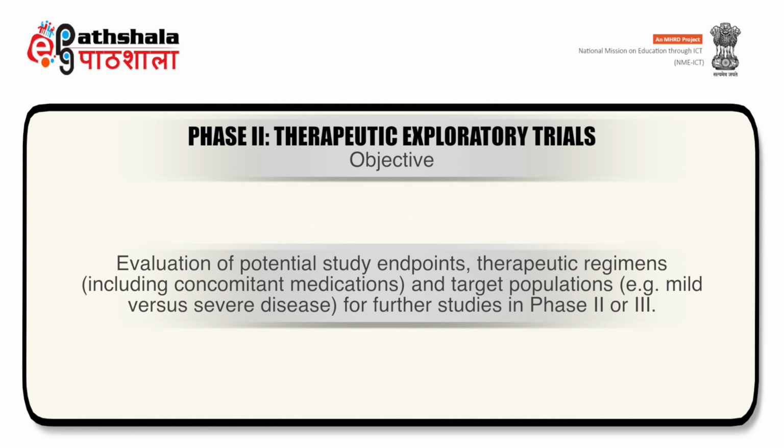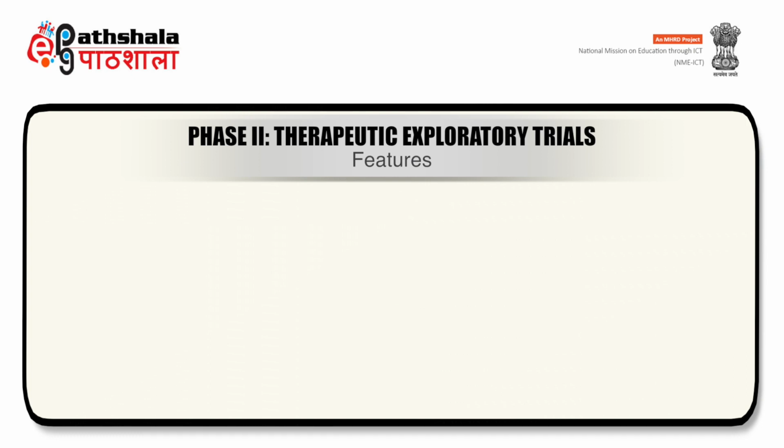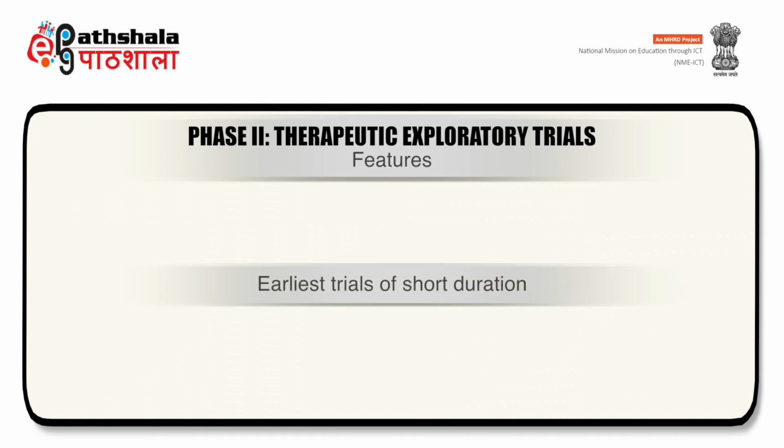Phase 2 trials are also done in order to evaluate the potential study endpoints, therapeutic regimen, which includes the concomitant medication in addition to the interventional drug, and target population, for example, mild versus severe disease, for further studies in phase 2 or phase 3. Coming to the other features of phase 2 trial, they are the earliest trial of short